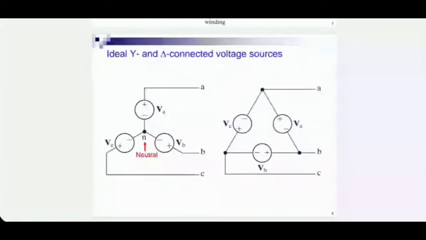By the way, although we are using ABC, another approach is to use RYB instead of ABC. R means red color wire. It is actually the color code used for one of the phases. Y is yellow. That's another color code given to the second phase. And B, I believe, is blue, which is the third color code used by industry. So RYB instead of ABC can also be seen in several books.